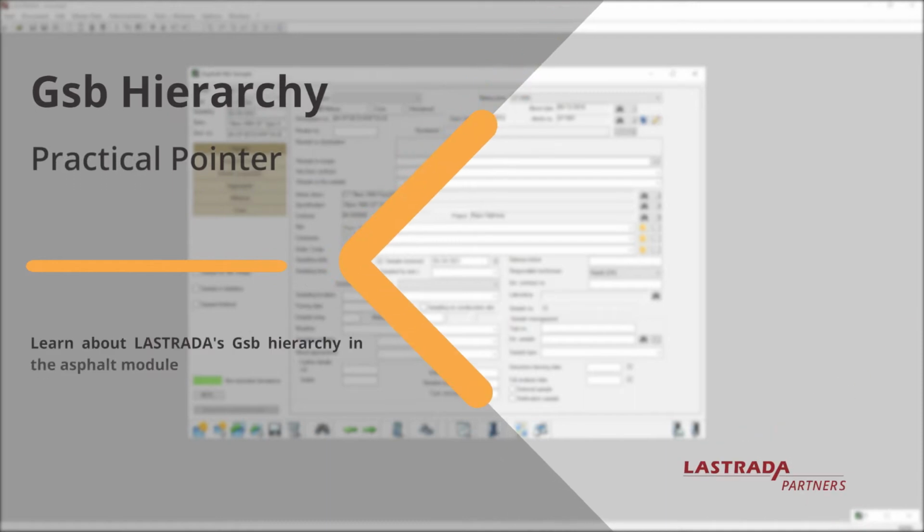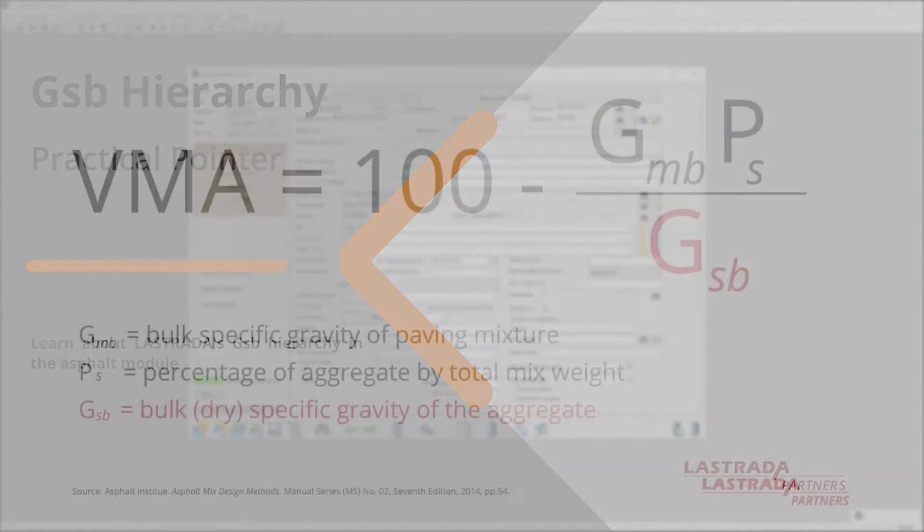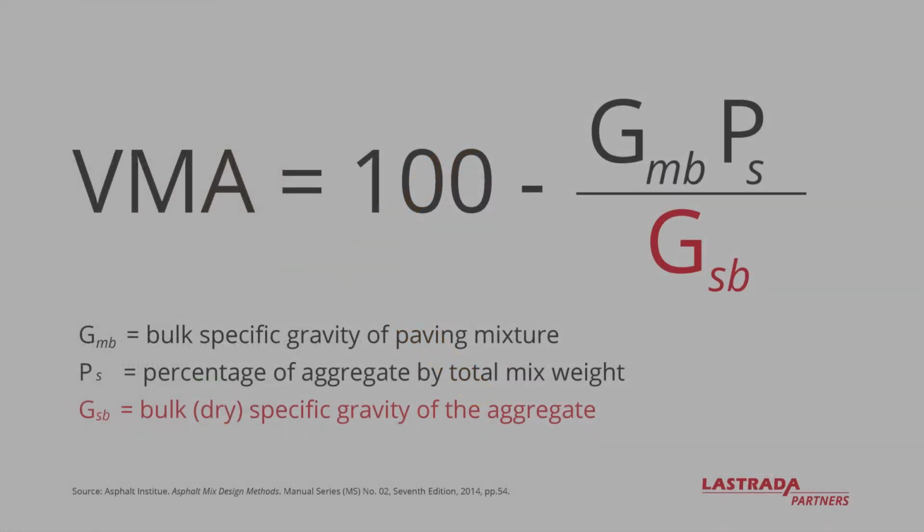In order for LASTRADA's asphalt module to calculate volumetric properties such as VMA correctly, you will need a representative aggregate-specific gravity to go with the measured asphalt mix properties like GMB and GMM. LASTRADA has a hierarchy for aggregate GSP. In this practical pointer, I will show you the hierarchy of GSP, so the most representative value is used in volumetric